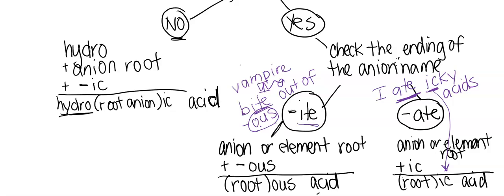Remember that if there's an oxygen present and you're using one of the polyatomics, there's no exception, you're always going to use this method. If there's no oxygen present, you need to use the hydro prefix. All right, so at this time you want to work on practice number 4. You'll notice the back of practice number 4 has a darkened line. At that point, you're practicing everything